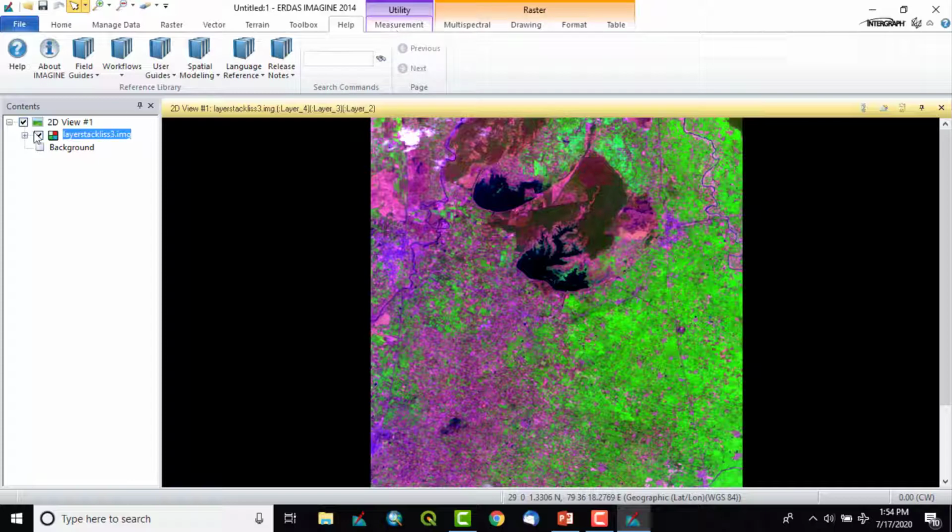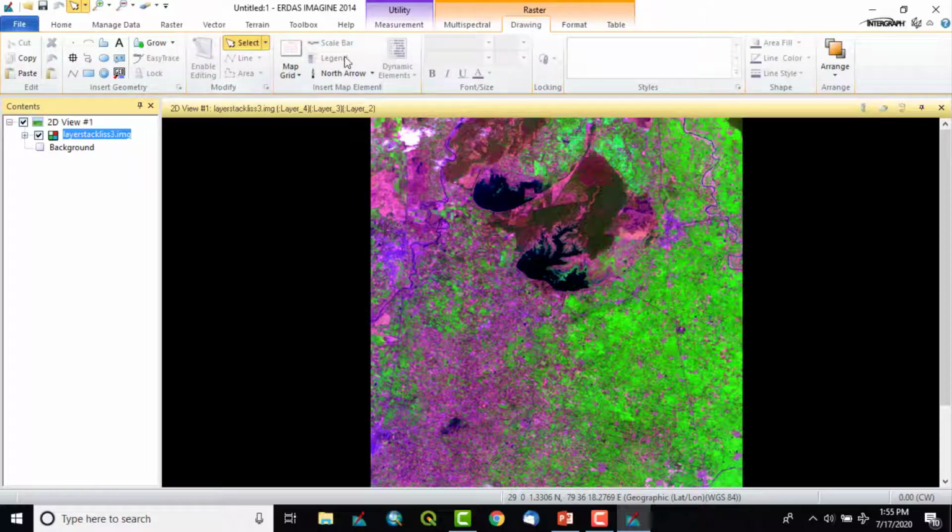Then if we add some particular data, these options get highlighted. If we don't add data, these options will not be available. Since we have added multispectral data, that's why this option is there. If we add black and white imagery, it will show panchromatic.